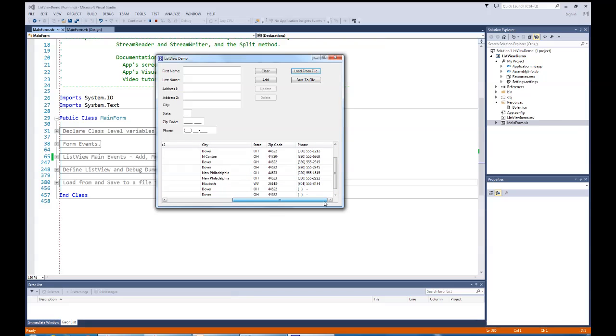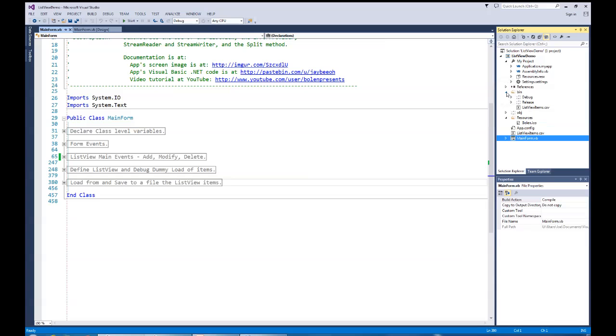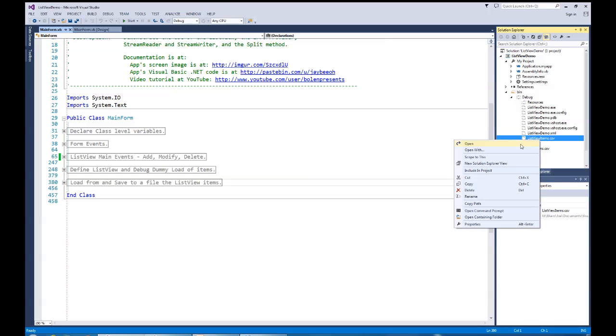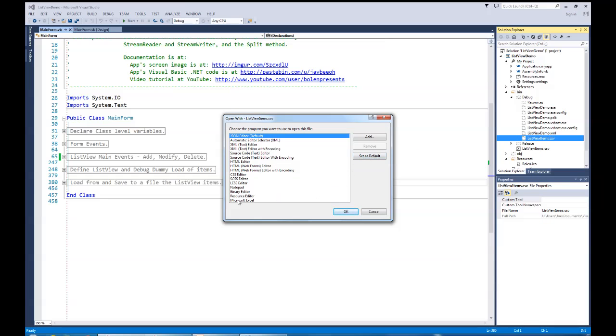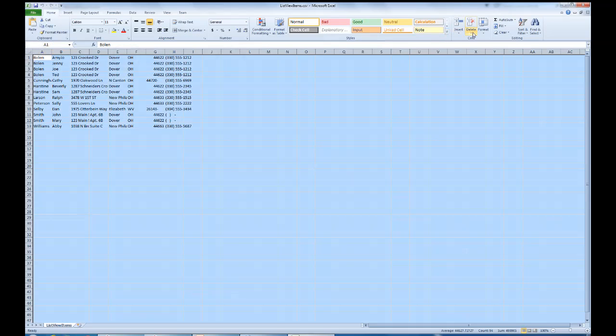So this takes care of our ListView control, and I will stop the program now and show you where this file resides as a result of my processing. I'll come over here and click on the show all files, make sure it shows. Then I'll go into my bin folder where we did the debug, and you'll see then that I have the ListView items CSV, and I'm going to hit open. I'm going to hit open with, and I'm going to select, in this case, Microsoft Excel, because it is a